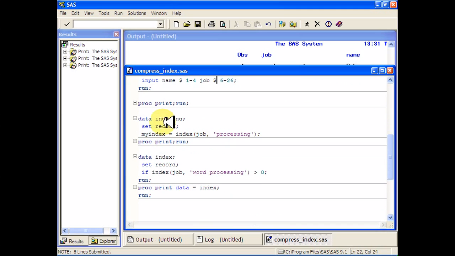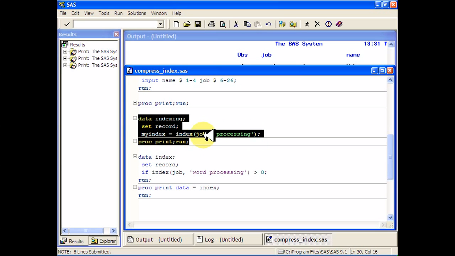Okay. So now what I want to do is find out where the word processing falls in this job variable. So I'm going to say in